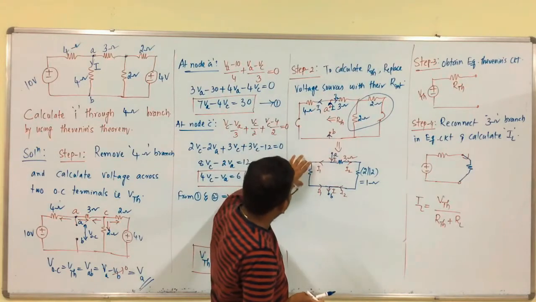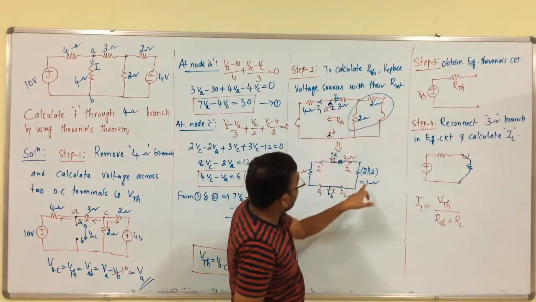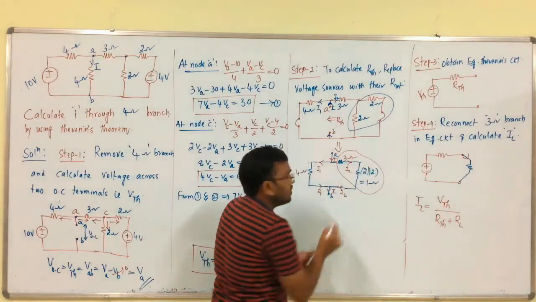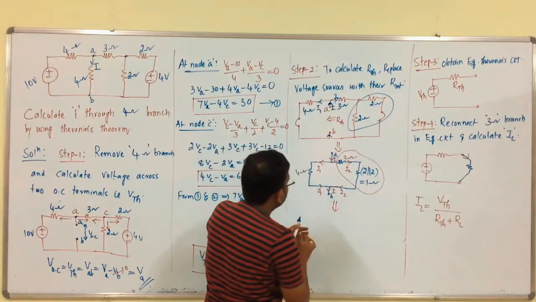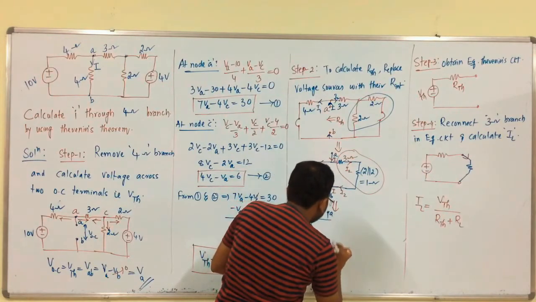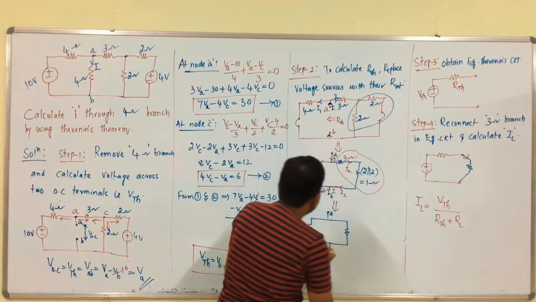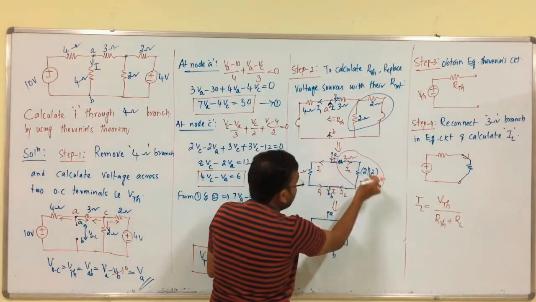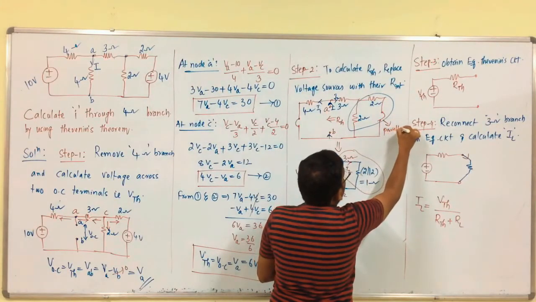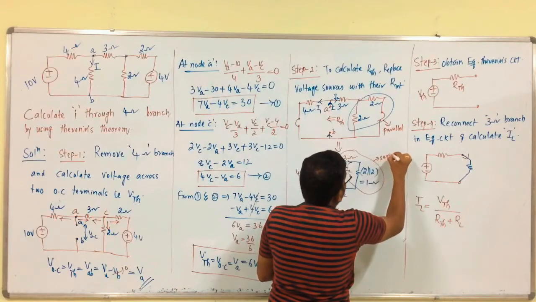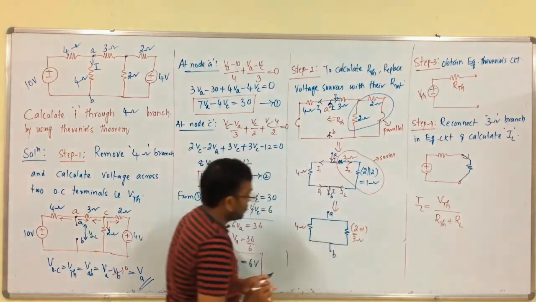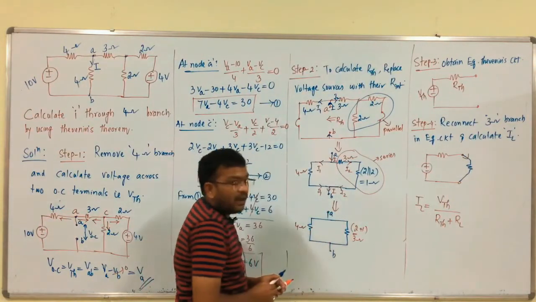So, 4 as it is, 3 as it is, but these two are in parallel, no? 2 is parallel with 2, that is 1 ohm. Finally, these two are in series. A 4 ohm branch, this is B. So, this is 4 ohms, this is 3 plus 1 because series. These two are parallel, these two are series. 2 plus 1, which is equal to 3 ohms, but these two are parallel.